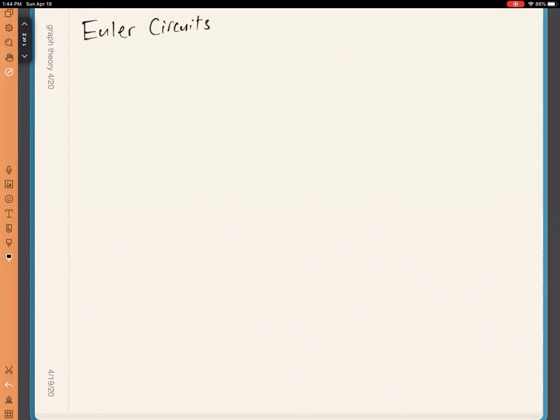And so remember, an Euler circuit is a circuit that goes through a simple graph, which could be a multigraph, right? It's allowed to be a multigraph. But the circuit has to cross every edge on the graph exactly once, right? So there can't be an edge that is missed, and there also can't be an edge that you cross more than once. And we had the following theorem, which we proved last time, which was,